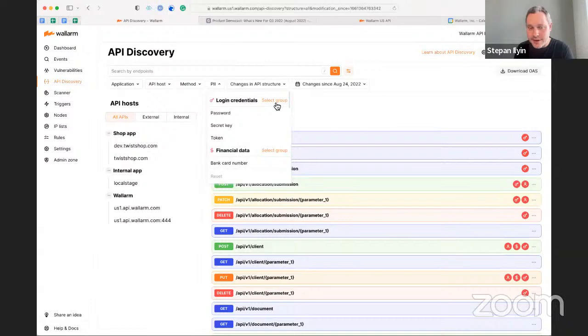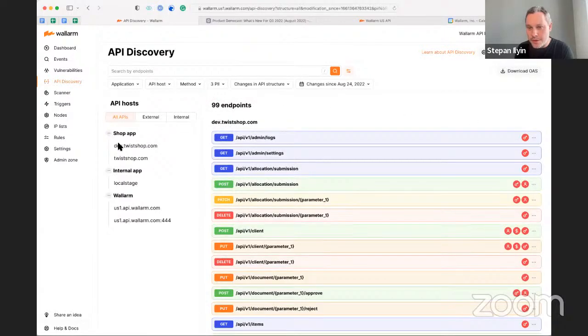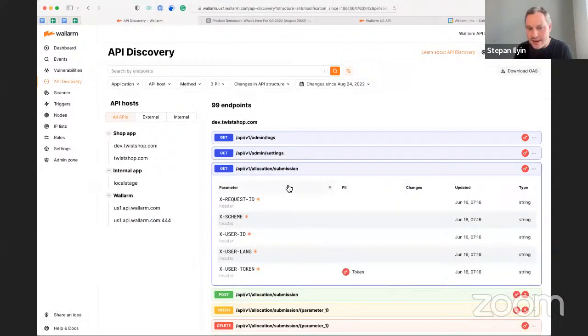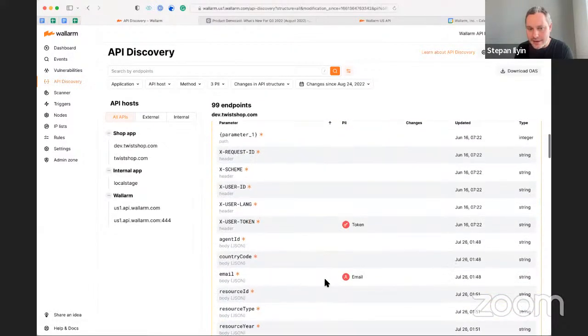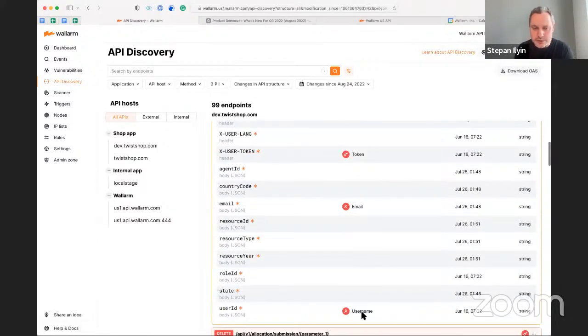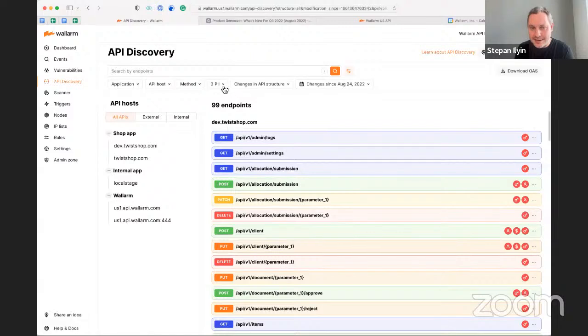You can filter which of the APIs, let's say, work with the login credentials. You can pick this group and you instantly have all those assets. You see it's the group now, and you can click, let's say, on the submission, and you can see that this particular endpoint works with the token, or you can go to another one and click here and see, okay, this API endpoint works with the token, the email, and the username. So you are getting all those details about which of those APIs work with PII data,